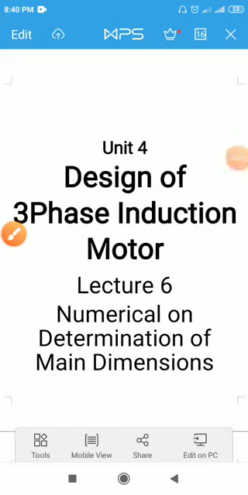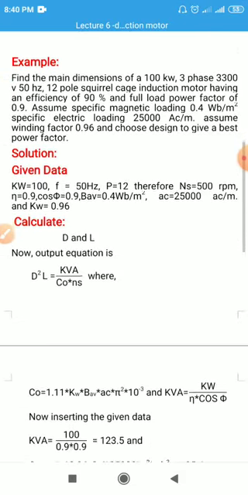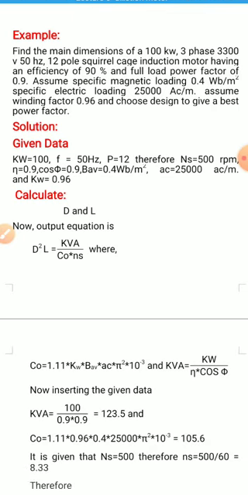Welcome back, friends. Now in this lecture we will solve one another type of numerical on determination of main dimensions. So first we will read the example. Find the main dimensions of a 100 kilowatt 3 phase